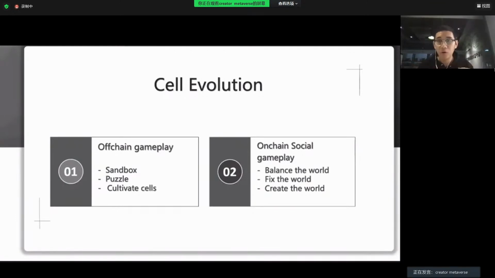Some users try to fix the world because they see some values are pretty low and the world is about to be destroyed. Many of them will sacrifice some of their cells and upload cells that can only help to fix and maintain the whole world.